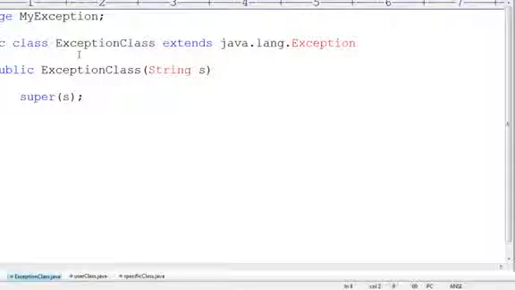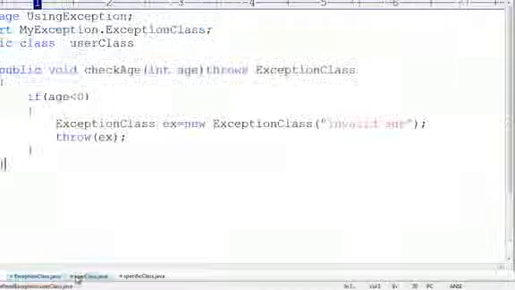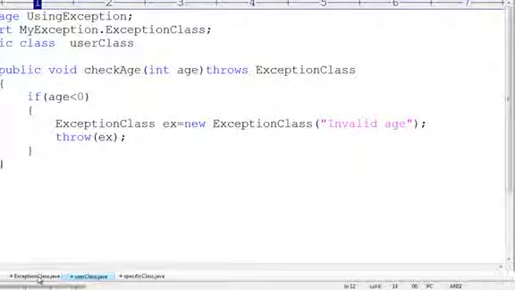So these are the guidelines to develop a user defined exception, and then we need to check the logic